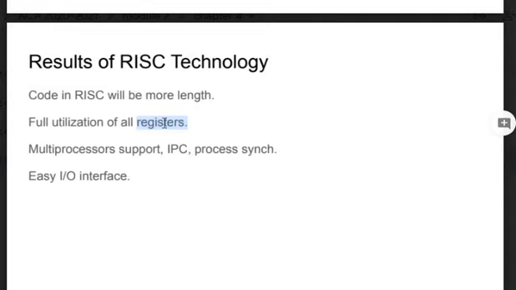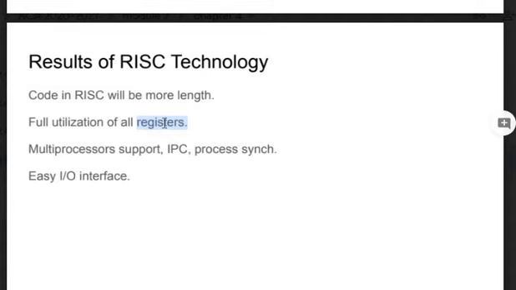See, you can remember our ARM lab, the last 2 programs of part A and part B. There we have used R0 to R12 as general purpose registers, and R13, R14, R15 were special registers like CPSR, you remember. Full utilization of all registers was possible in RISC technology, but there was some shortfall in the CISC technology. See, in 8086, SP, BP, those registers we were unable to use.